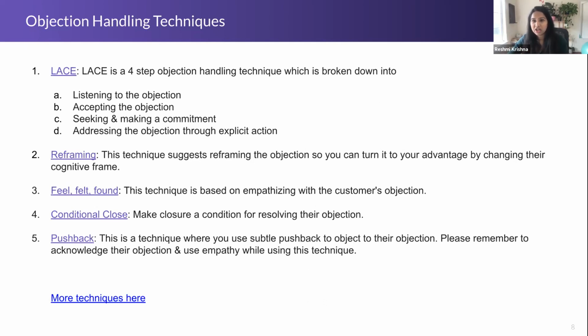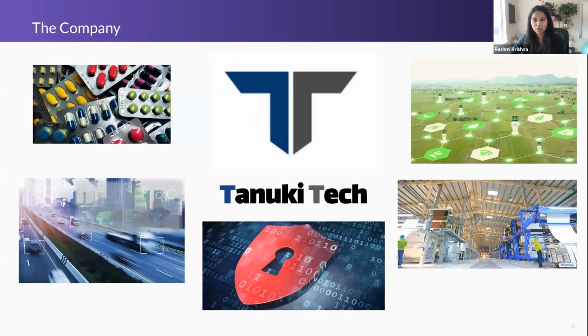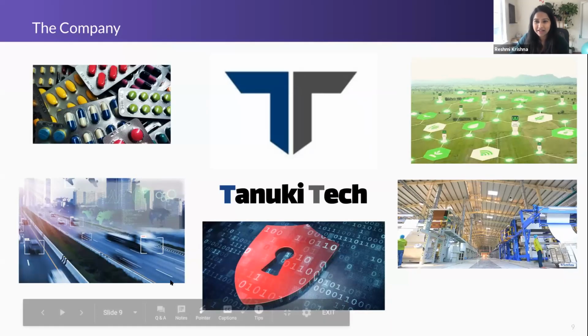So one of the suggestions that both David and I have is making sure you're practicing these, right? So before you go into a meeting, you're talking to yourself and even contemplating the kind of objections you might get from your experience, and kind of practicing some of these techniques and seeing how you would have handled it differently. We do have an exercise for you all after this, which we will perform with every team meeting. We'll get to that in a bit. All right, David, you want to walk us through the scenario for today?